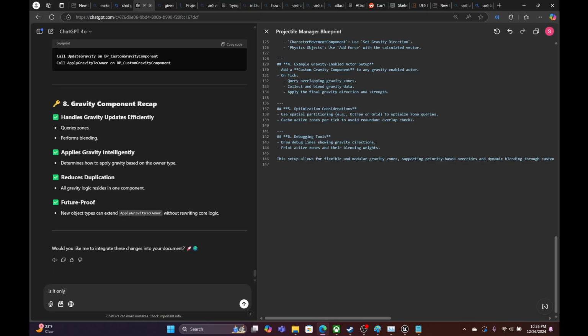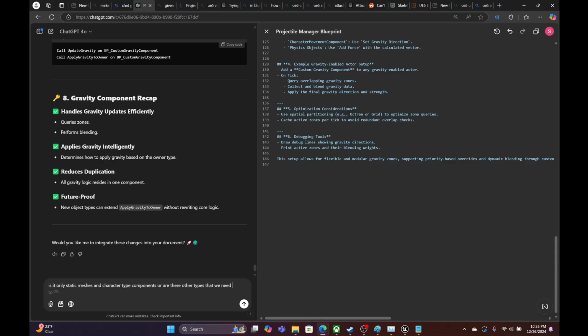Is it only static character type components, or are there other types that we need to